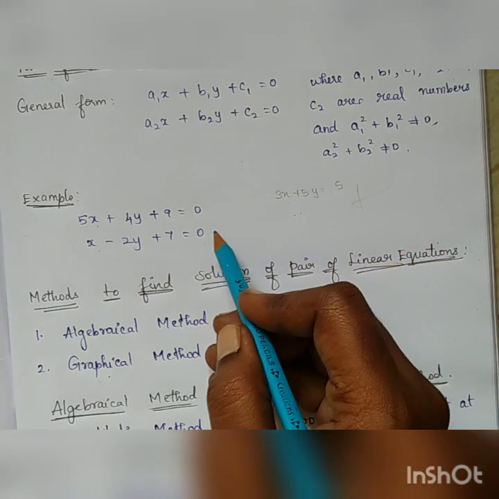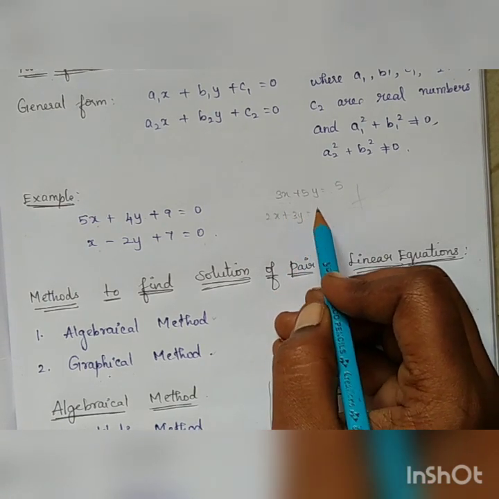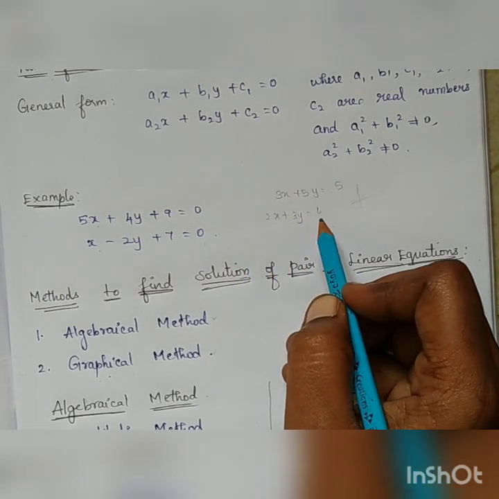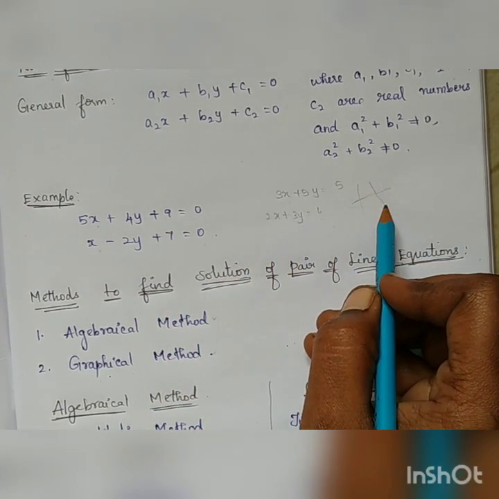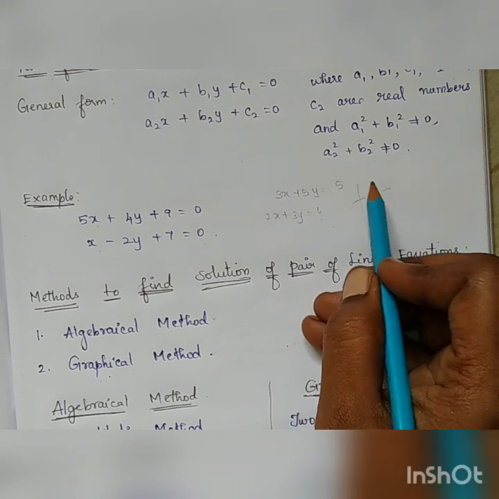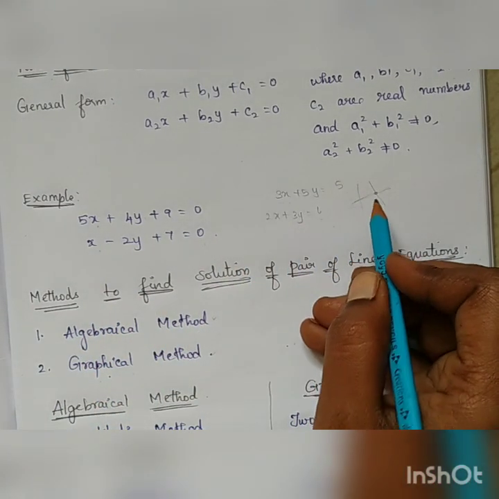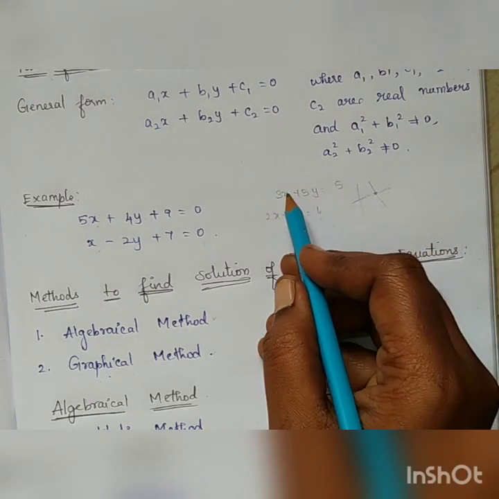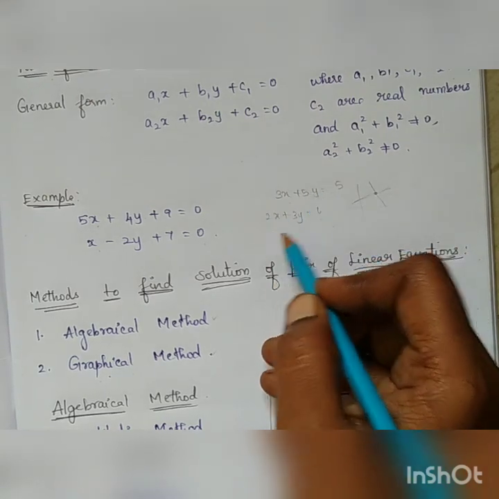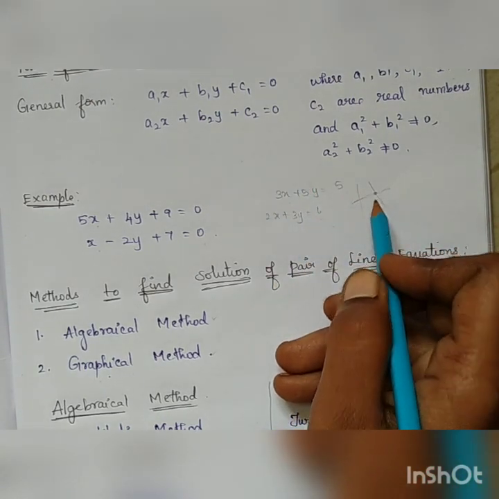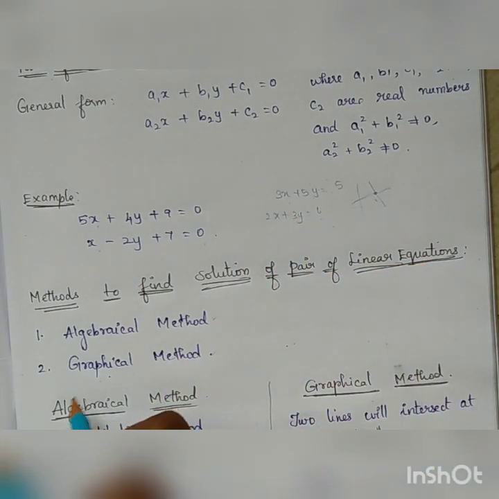Similarly, if I have another equation, let us assume 2x plus 3y equals 6. Now if I have two equations, for the first one I will get an equation like this. For the second one, if I get an equation like this, it means these two lines will intersect at one point. That point will be the value of x and y for both equations, because that will be the solution for this given pair of equations.